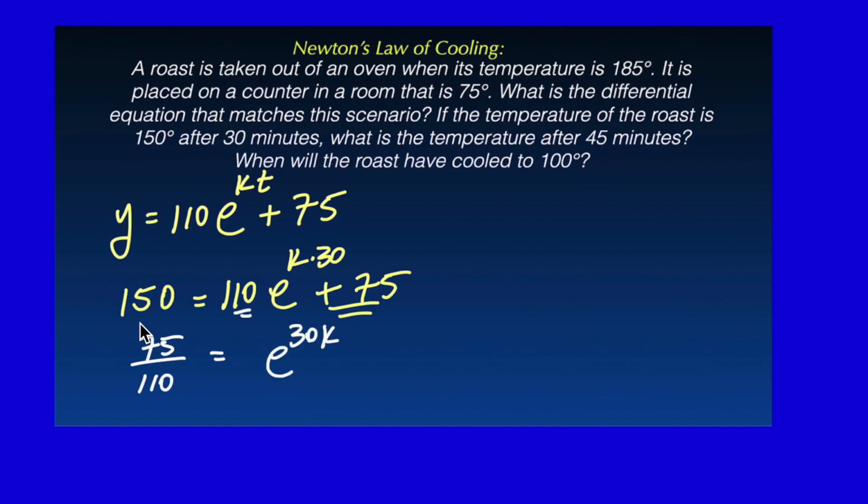We're going to go ahead and take the natural log of both sides. Here, these are going to cancel, and you're going to get 30k equals the natural log of 75 divided by 110. Folks, when you plug that in the calculator and divide by 30, you're going to get a k value